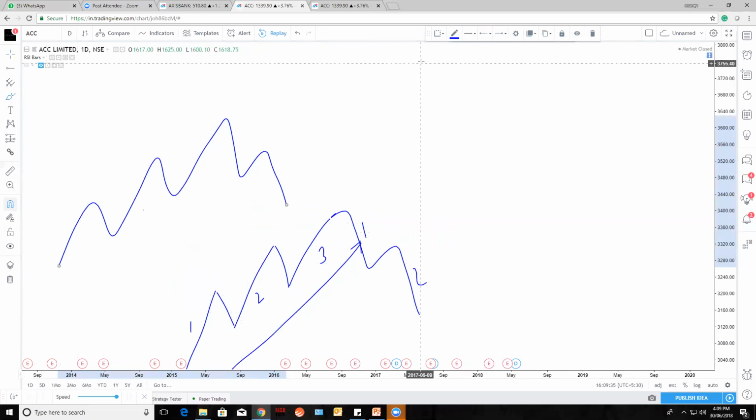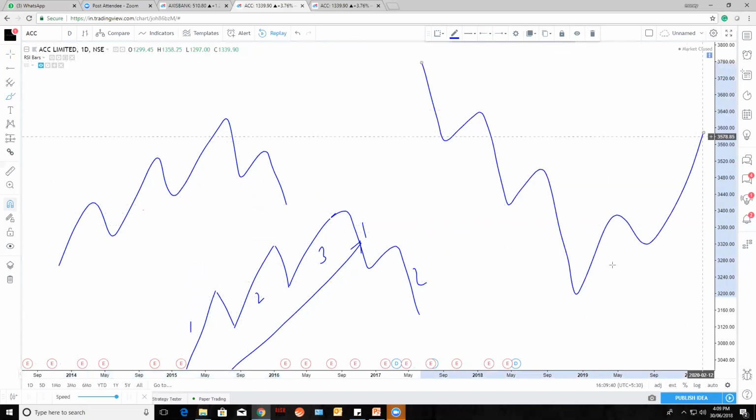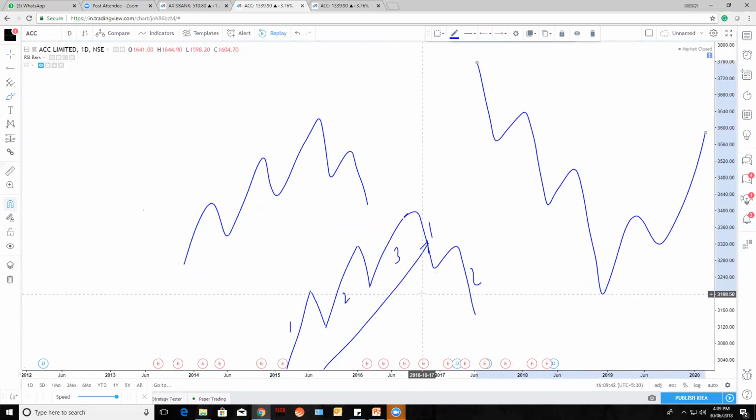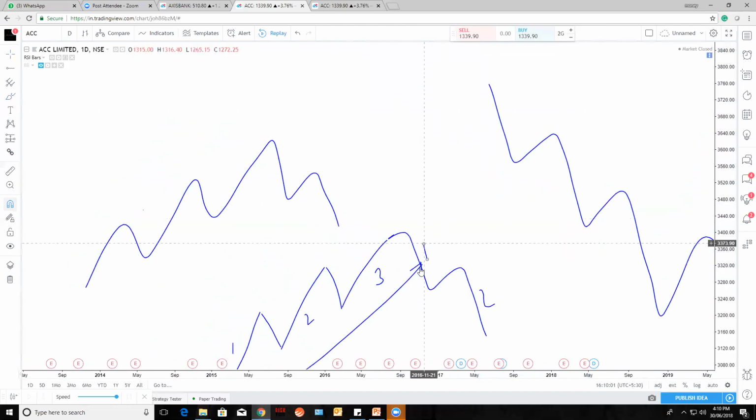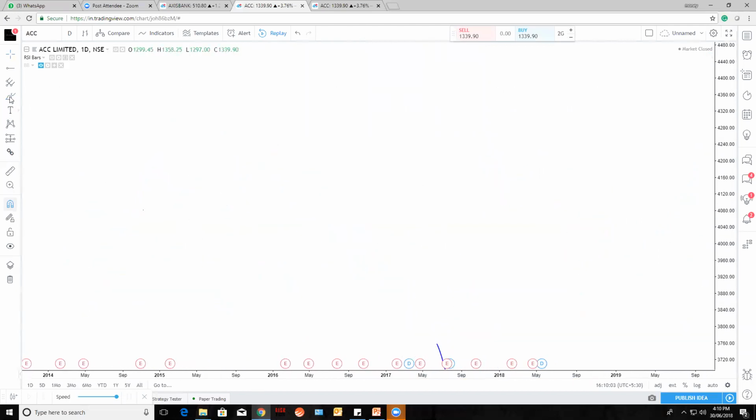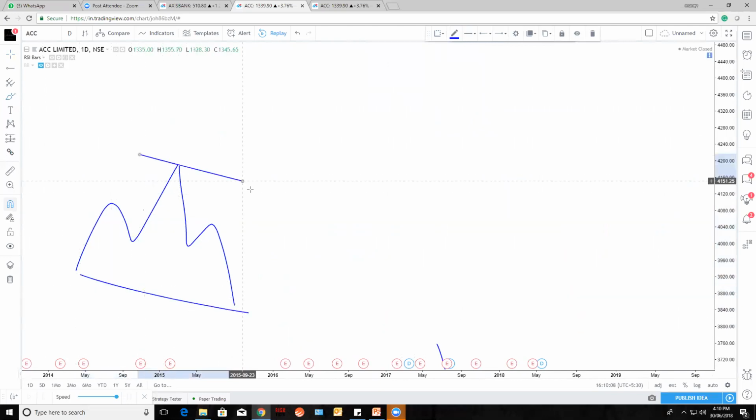And whenever there is a fall, for downside, let's say 3 times down and 2 times up, we will move in any direction, right? For upside, 1 time high, 2 times high, 3 times high, and 2 times low. And downside, 1 time low, 2 times low, 3 times low, and 2 times up. This is what he named wave 1, wave 2, wave 3. But according to Dow, with only 2 steps further and 2 steps downward, you are not moving anywhere, right?